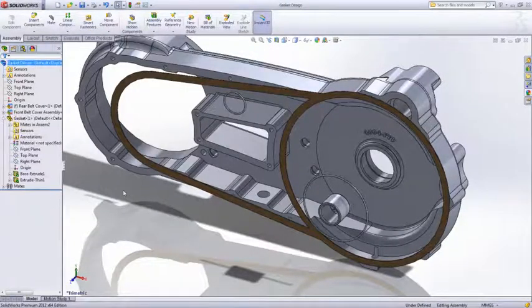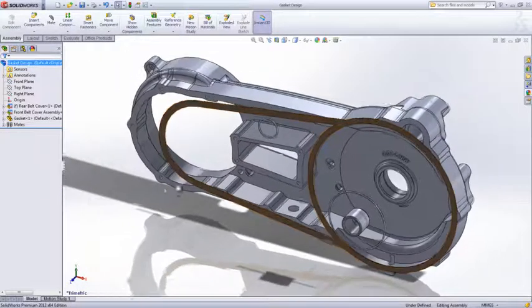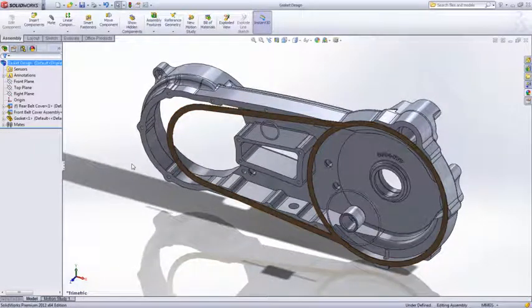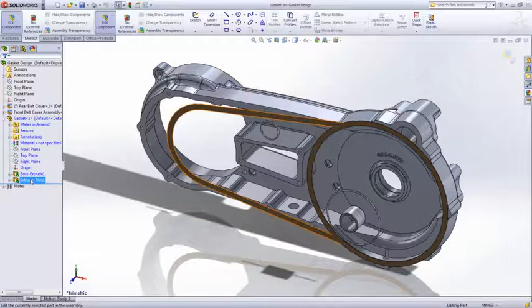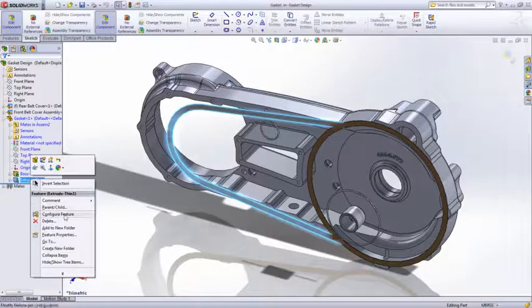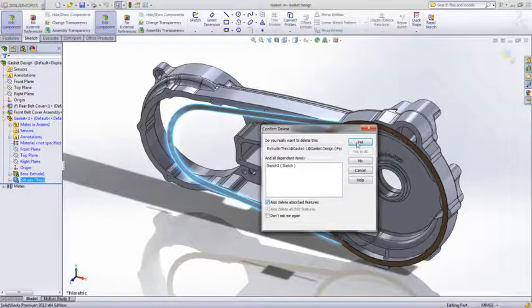Now that we've had the assembly saved and all the components mated in place, let's look at where the previous release interoperability really shines. It's in its capability to do things such as in-context relationships. This gasket design is a very simple representation of what we're looking for. Let's remove this extension off of it and look at creating